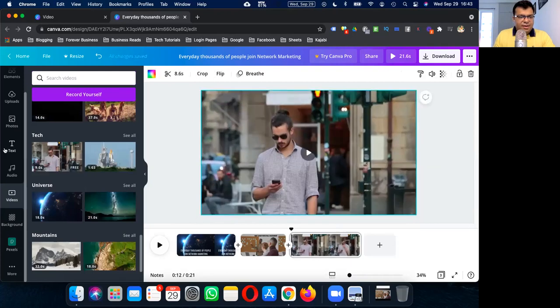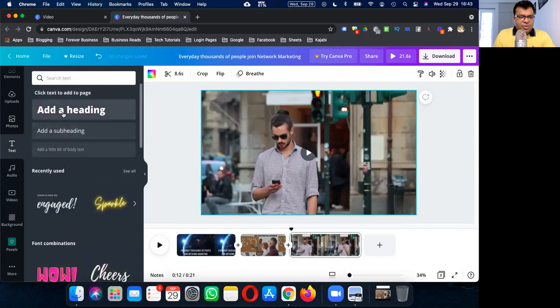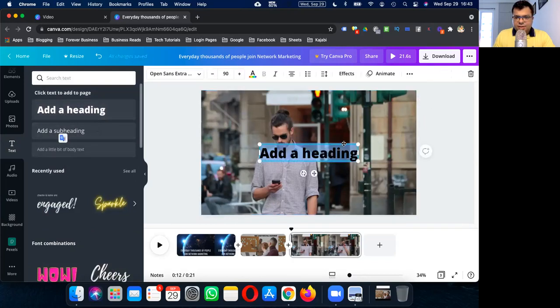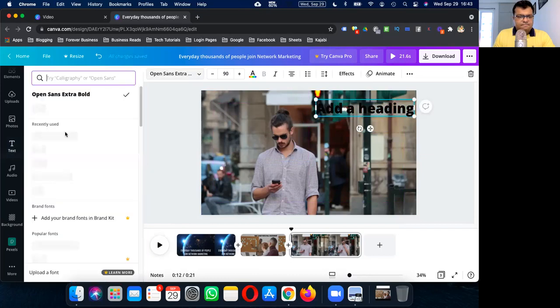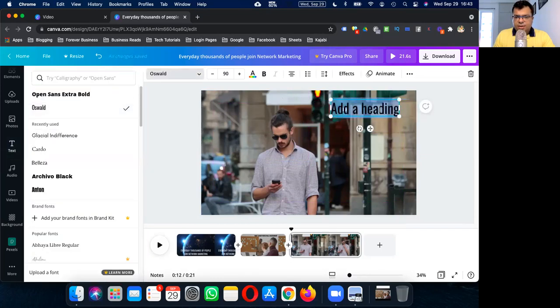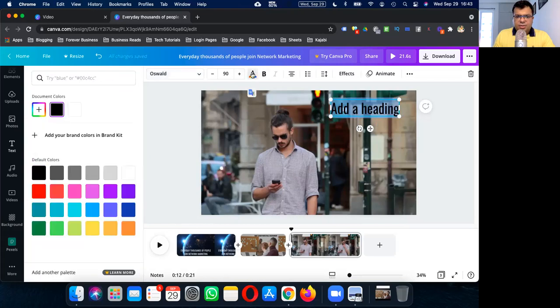we are talking to our prospects, right? So let's use text: what a networker does. Let's again select Oswald and use a white font here with a bullet point.